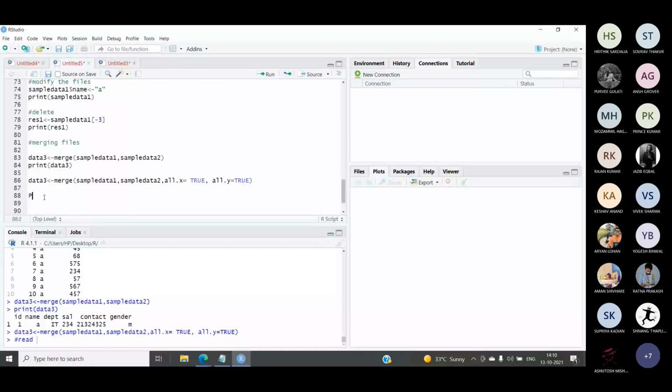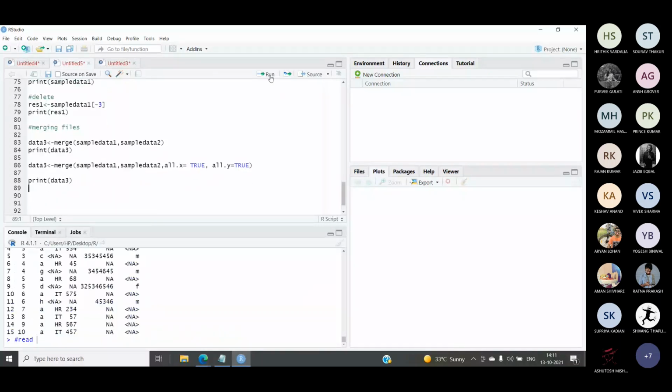Now let's print data 3. So here you can see merging has been done. Can you please relate this with an SQL query? We have the same type of query in SQL also. What was that query? Yes, then we use joins.